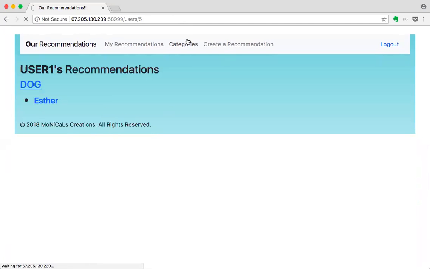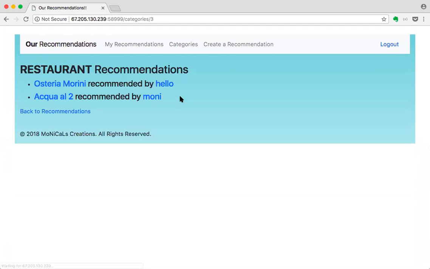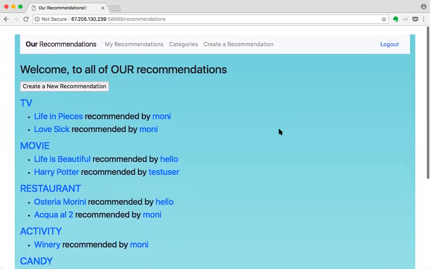You can see the list of categories and view the recommendations by a specific category. Or you can create a new recommendation. So those are the features of this application. And you can only view any of these pages if you are logged in. If you are logged out, then you won't be able to navigate to any of them. So if I log out right now,